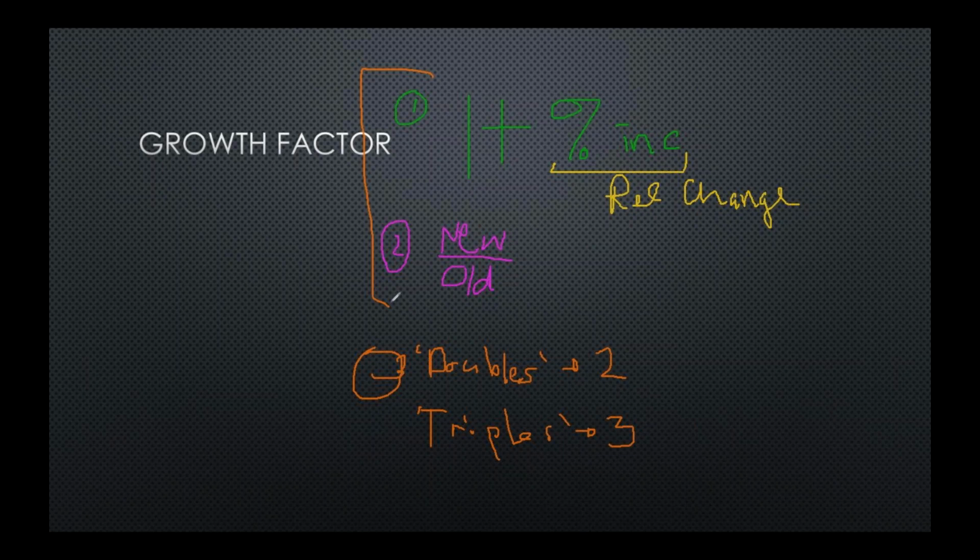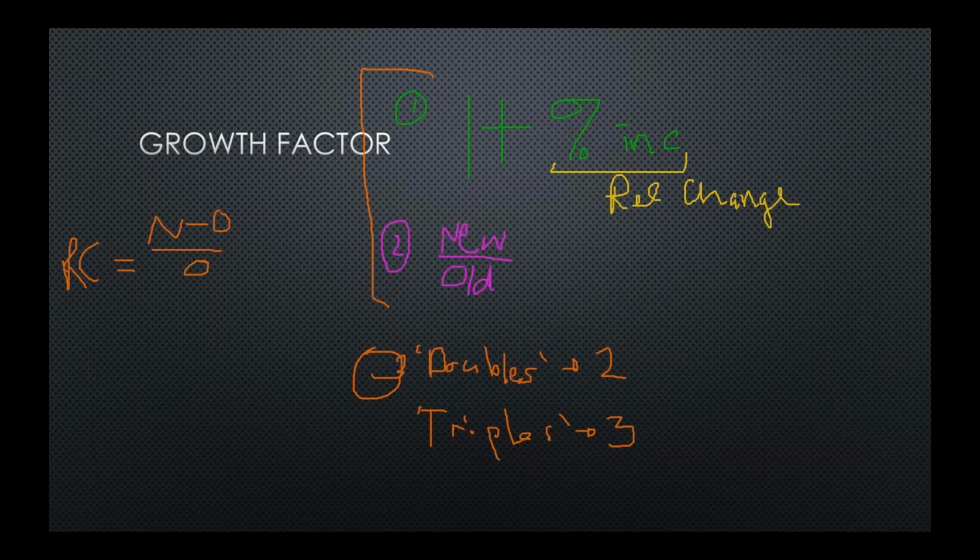But you can always find relative change, because remember that relative change from section 23 and 24 is new minus old divided by old. So you can always use that formula that you know to find the relative change to use part 1. So you have options. All right, but you got to have the growth factor to put in the formula so that you have the model. Okay, so that's the basic background information on